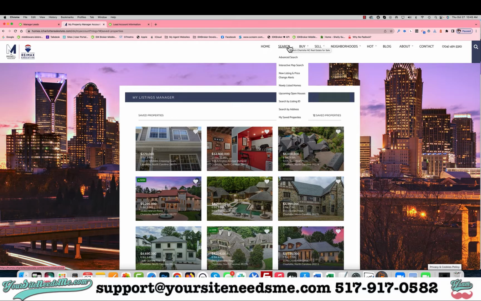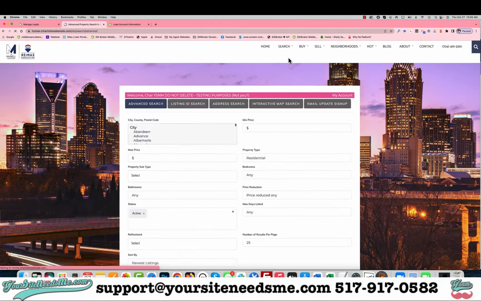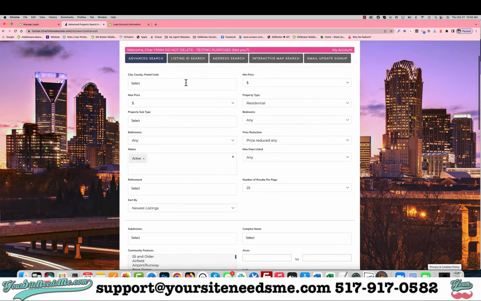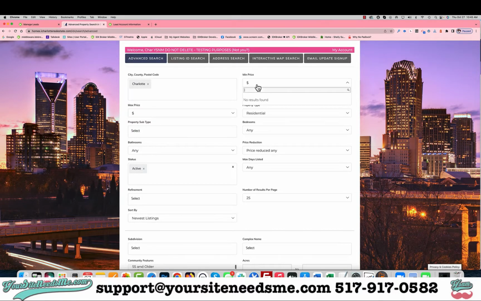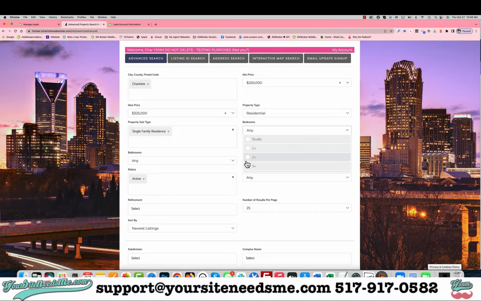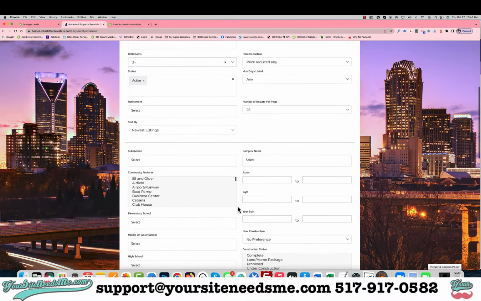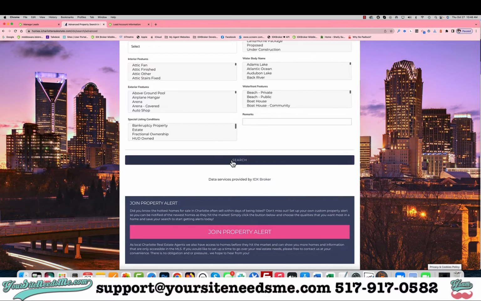So if you want to set up a saved search that's going to send them email alerts, the first thing you do is set up the search itself. Come here and go to advanced search, put in their criteria. So let's say I am looking for a house between $250,000 to $325,000, and I want it to be residential, and I want it to be single family, and let's say I want 3 bedrooms and I want 3 bathrooms. Okay, so now I'm going to go ahead and hit search,